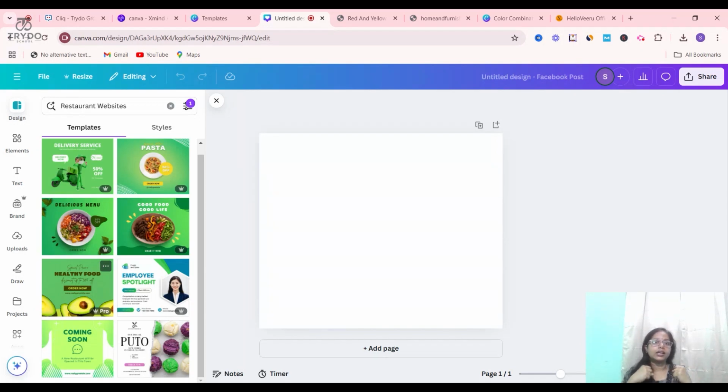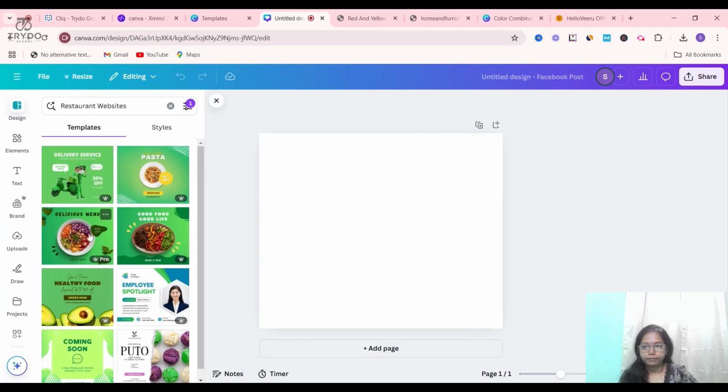Otherwise, there are thousands of options available. You have to literally or manually go and search for the options. Always filter based on the brand colors. So where will you get the brand color values? You can just randomly go and check in Google. There are many websites which give the hex value. You call it the hex value of a particular color. Copy that and paste it over here.